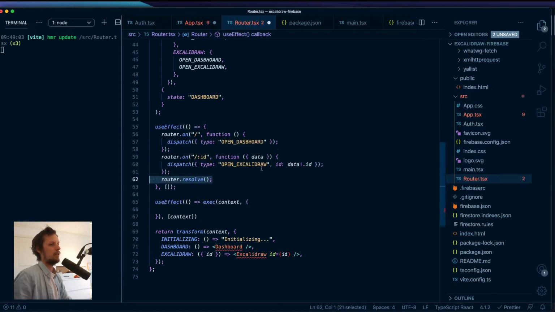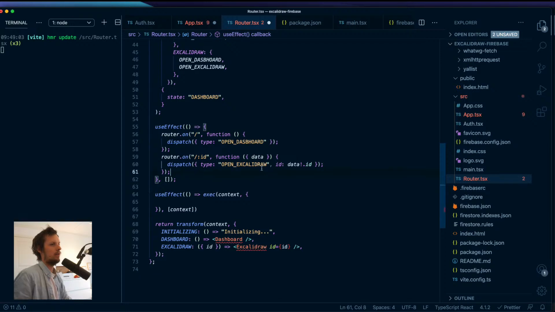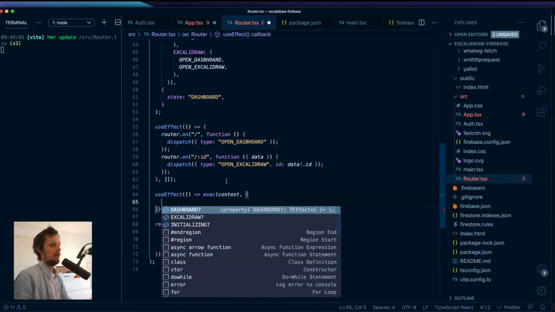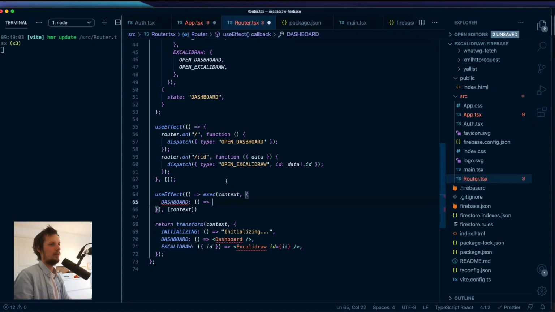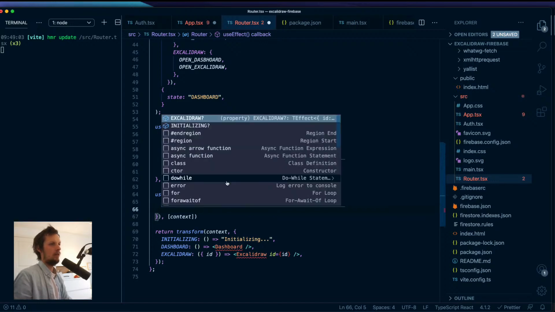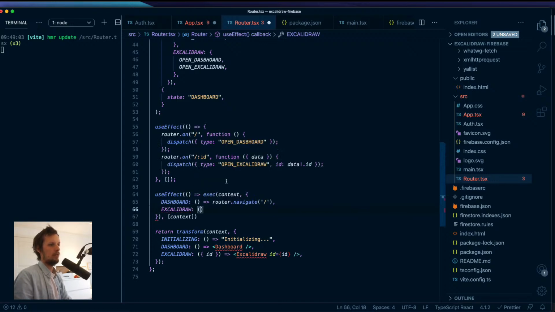I don't think we actually want to resolve here, because we're already doing that here. Meaning that if we change to dashboard, it means that we want to say router navigate here. And if we are going to Excalidraw, it means we have an ID, and we want to say router navigate